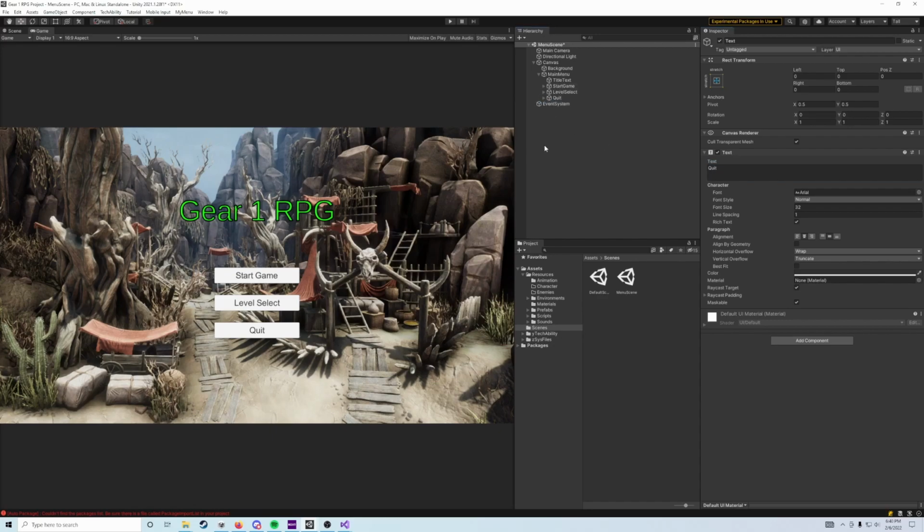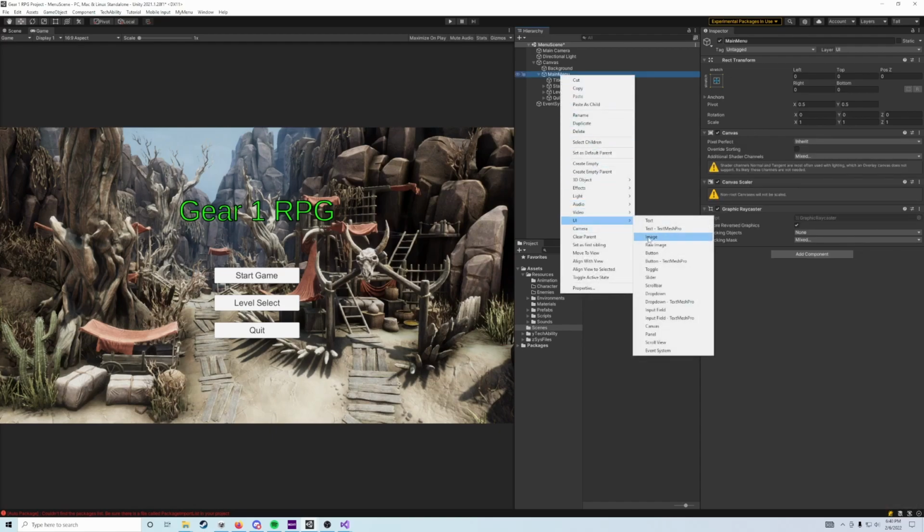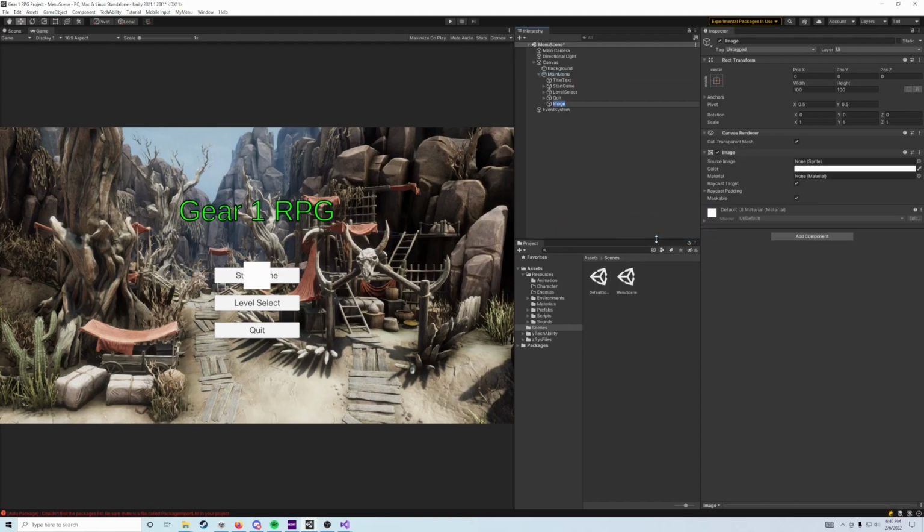The last thing we need to do for the visuals of these buttons is we're just going to put a box behind them so that they stick out from our background a little better. So we're going to go to main menu, go to UI, and add an image. And we're going to call this ButtonBox, like that. And we also want to reorder this in our canvas. So right now it's below our 3 buttons. We actually want to put it above the 3 buttons here